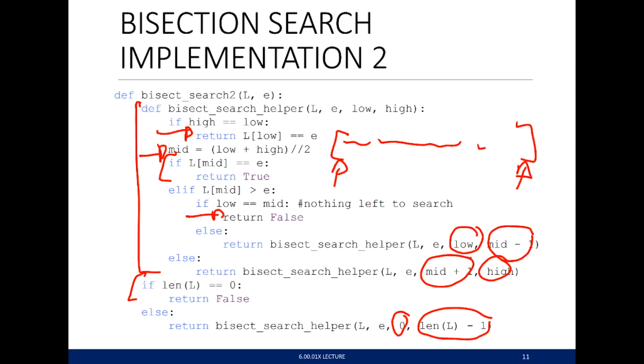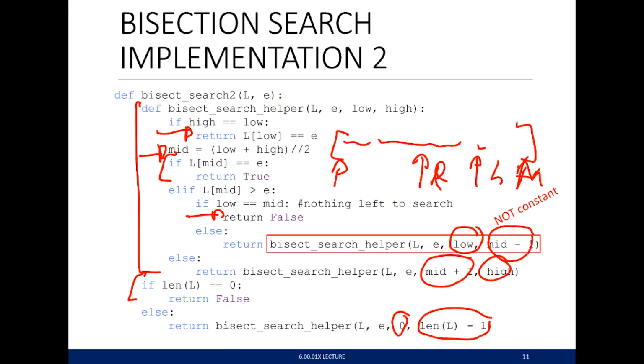And after one recursive call, I might have low pointing there and high still pointing here. And after another recursive call, I might have high pointing there and low pointing there. But I'm cutting down half the search, but not copying the list. I'm just changing some numbers. So now if we look at the complexity here, that's not constant because of the recursive call, but within it,